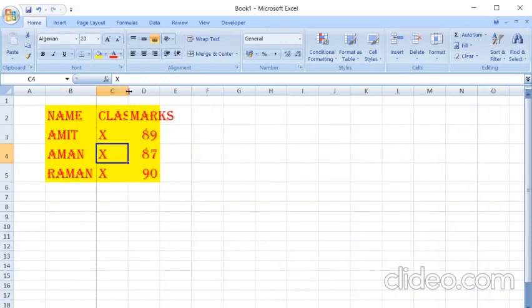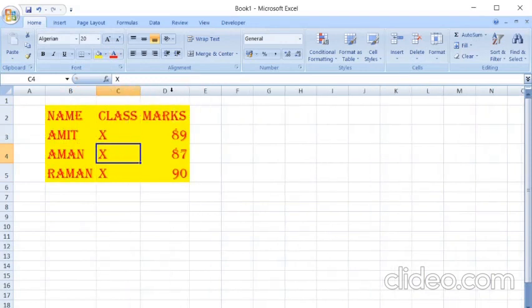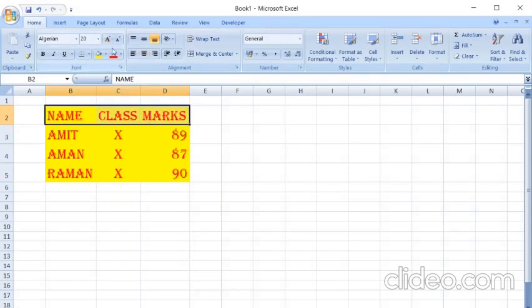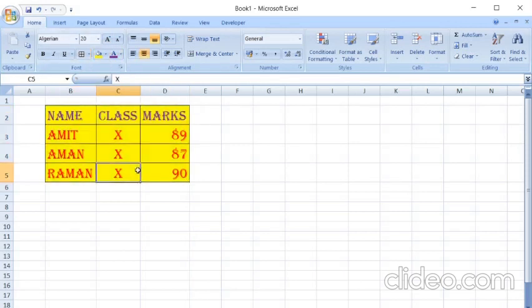I have increased the size of the cell and aligned it in the center. I have changed this color. Then I have given a border also. So whatever I am doing is going into the macro. It is recording.